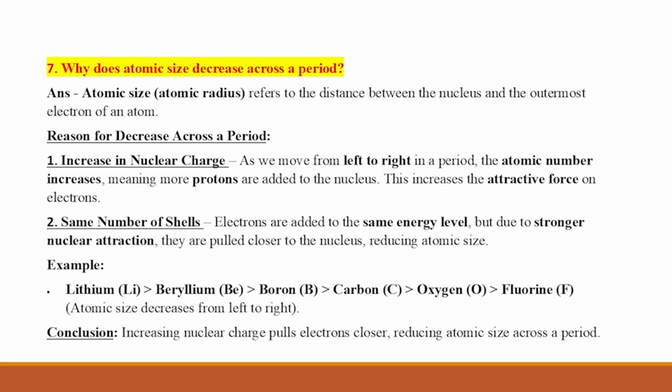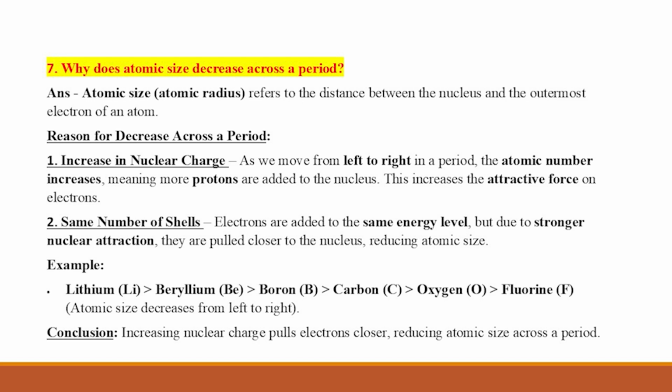7. Why does atomic size decrease across a period? Answer. Atomic size, or atomic radius, refers to the distance between the nucleus and the outermost electron of an atom. Reason for decrease across a period. 1. Increase in nuclear charge. As we move from left to right in a period, the atomic number increases, meaning more protons are added to